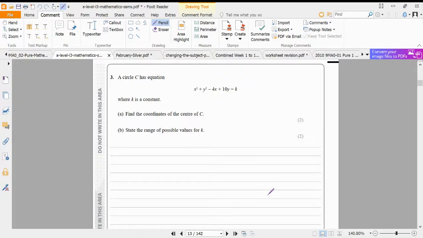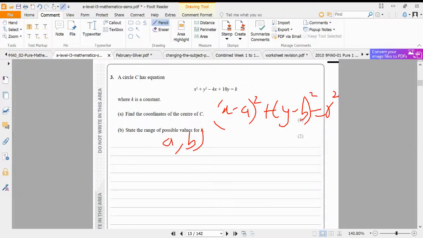In our previous sessions, if you recall, I did talk about the equations of a circle, and I said that the general equation of a circle can be written as (x minus a) all squared plus (y minus b) all squared equals r squared, where (a, b) is the center of the circle and r is the radius